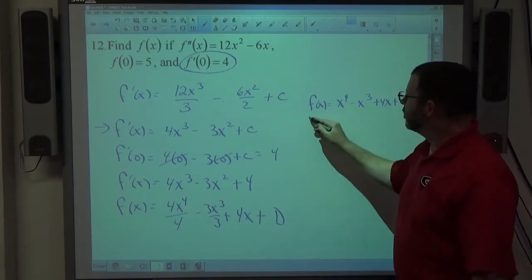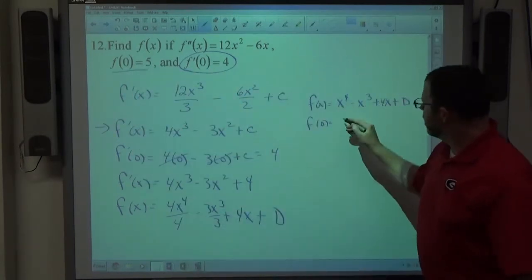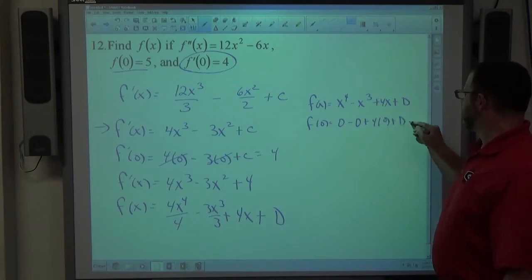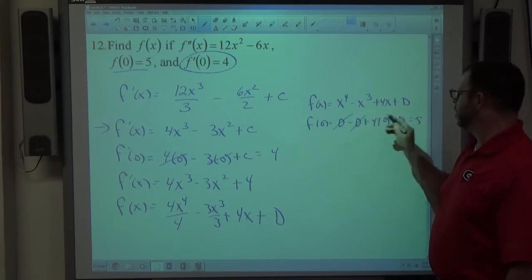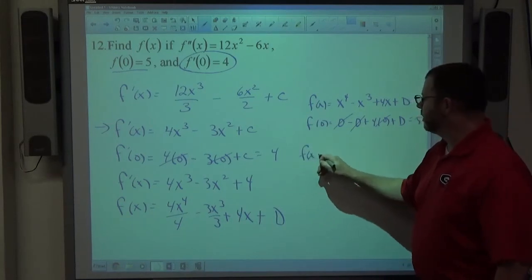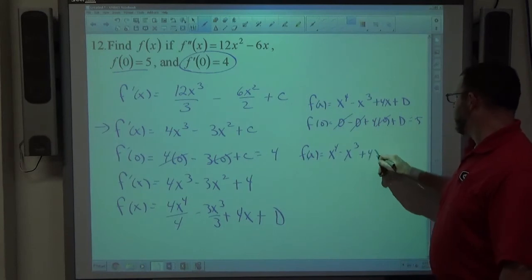If I do f of 0, because again that's what I'm told, f of 0 is 5. 0 minus 0 plus 4 times 0 plus d, that's supposed to equal 5. 0, 0, 0, d equals 5. That means that f of x is x to the 4th minus x cubed plus 4x plus